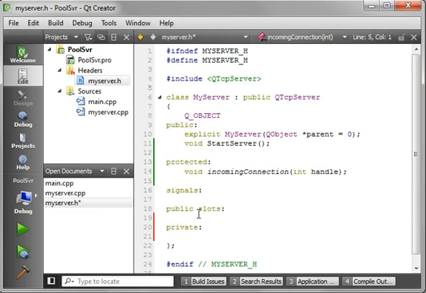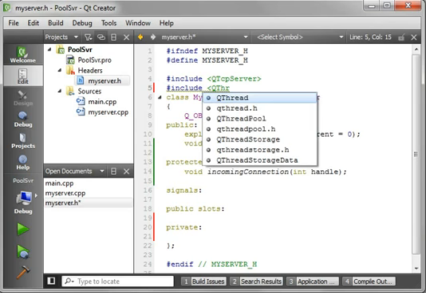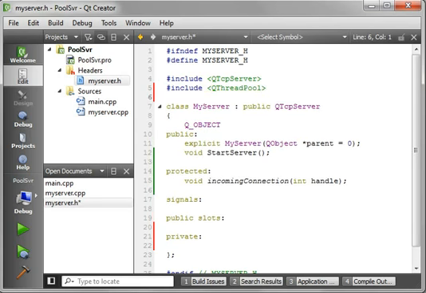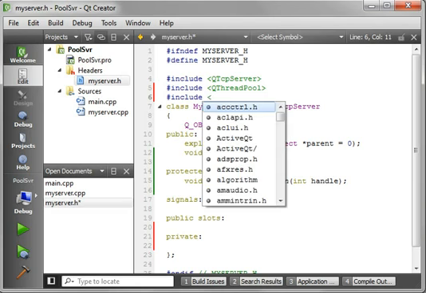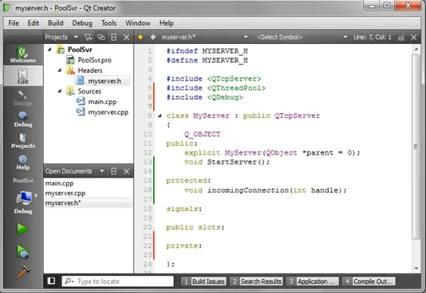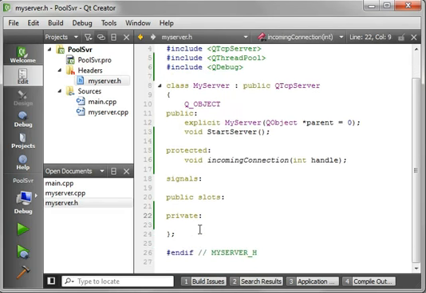We didn't include it. So let's just go ahead and back up here. I'm going a little too fast. QThreadPool. I'm actually pretty excited about this tutorial, so let's add our includes. Shame on me for not doing that earlier. Alright, now we will go ahead and throw in our private